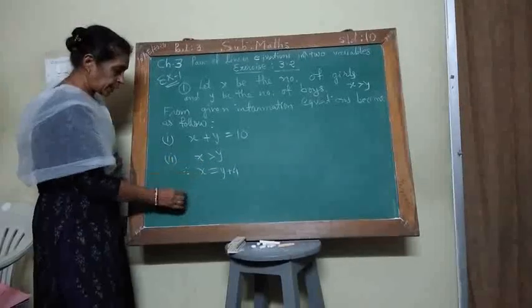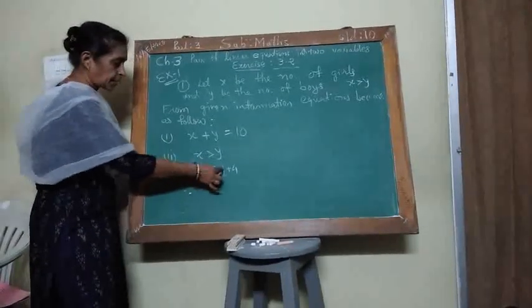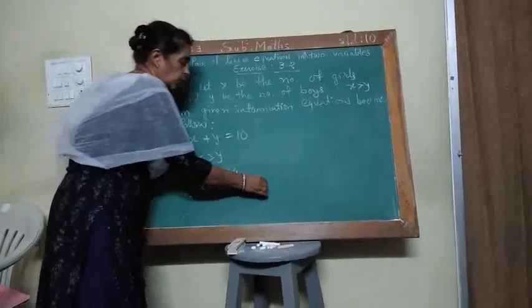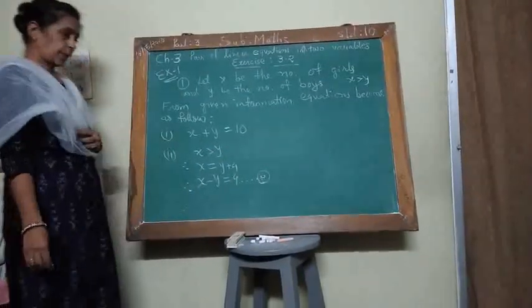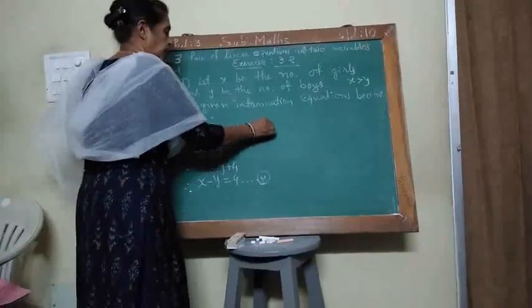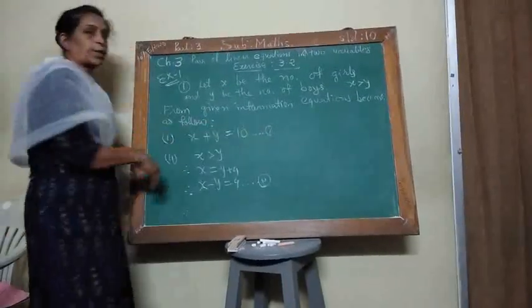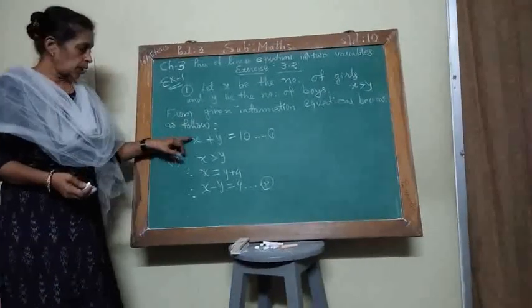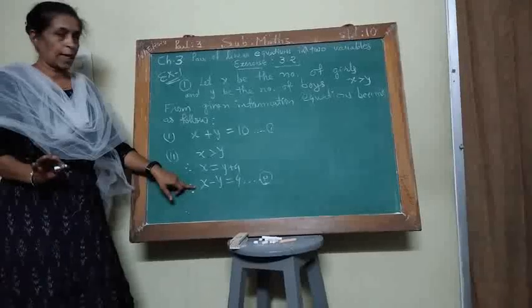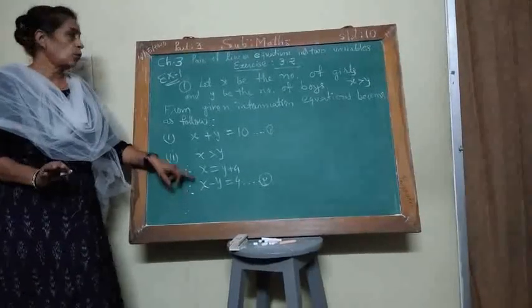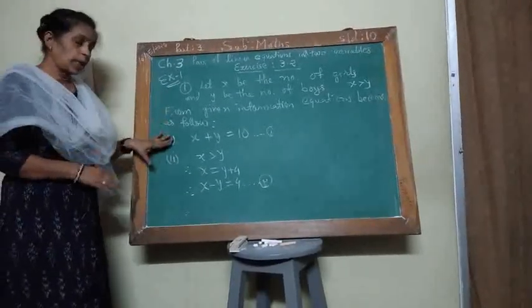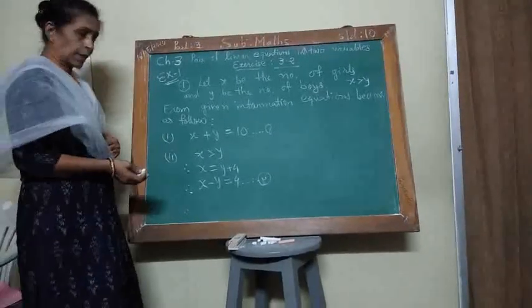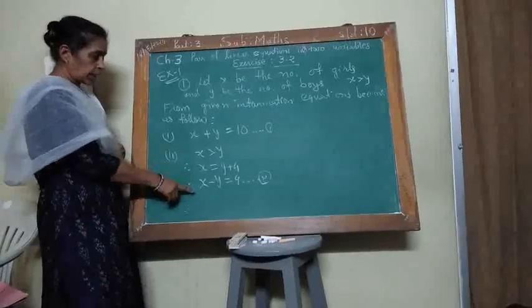So I get the second equation and I write it like this: x, take y on this side, so x minus y is equal to 4. This is our second equation, and this is our first equation. You may take the constant term here or here, then it becomes standard form. But these two equations we have formed algebraically. And now the question is: form the equations and find the solution by the graphical method. Clear? So here we get two equations.